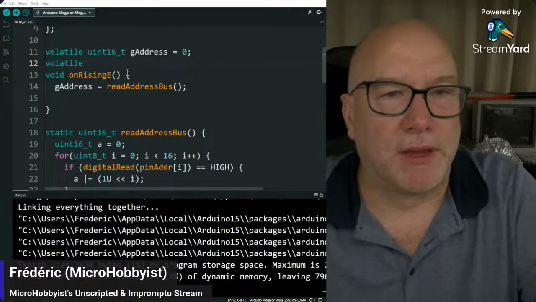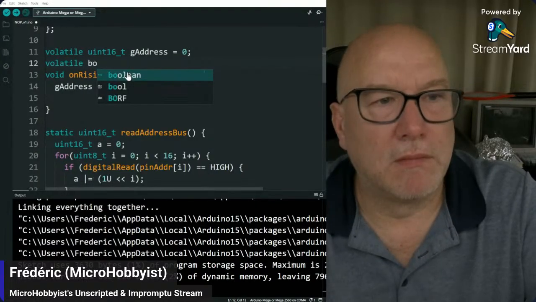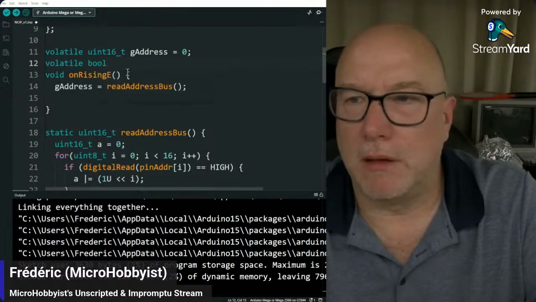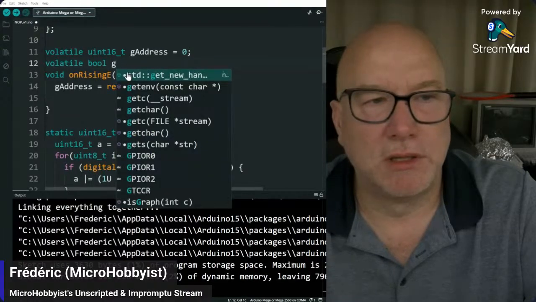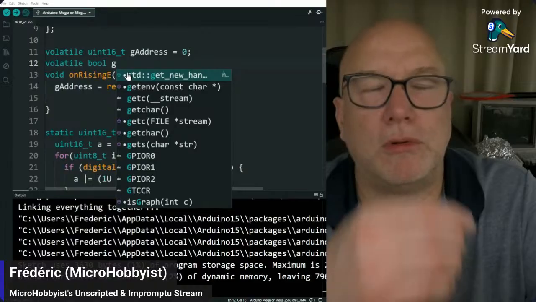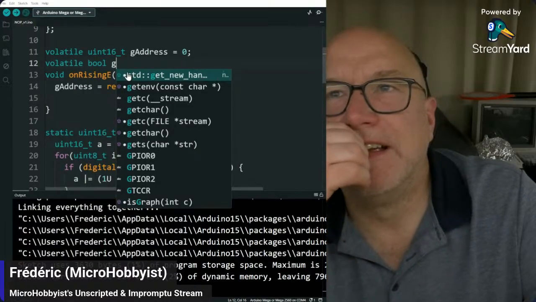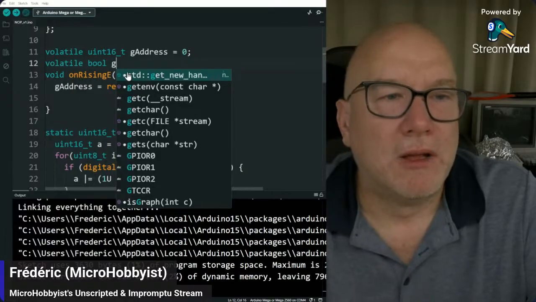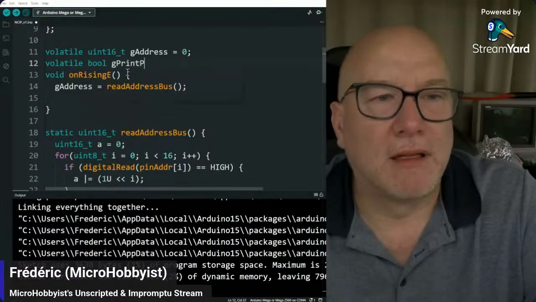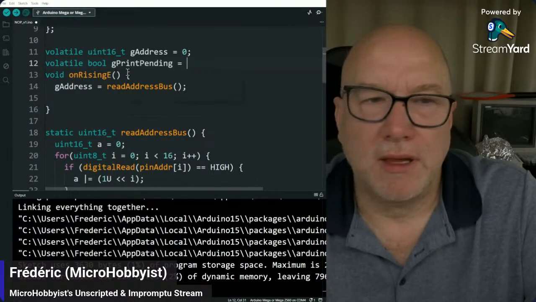Volatile Boolean gprint, g global. What do we call it? Print pending equal false,